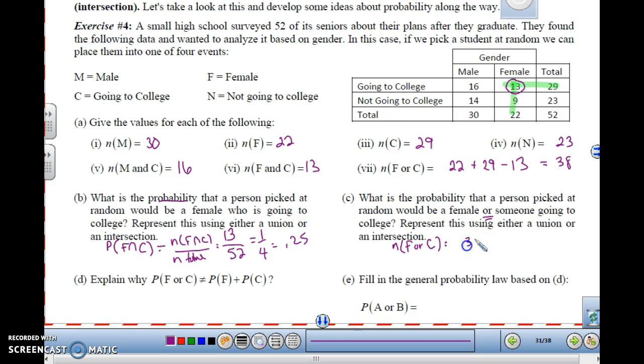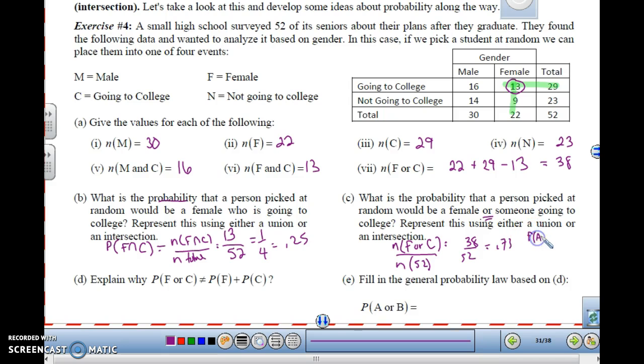Okay, which would be 38 out of the total, which would be 52. All right, so this would be 38 out of 52, and that becomes 0.73 if you want to work that out. All right, so what we did with this is, for the union, it would have to be